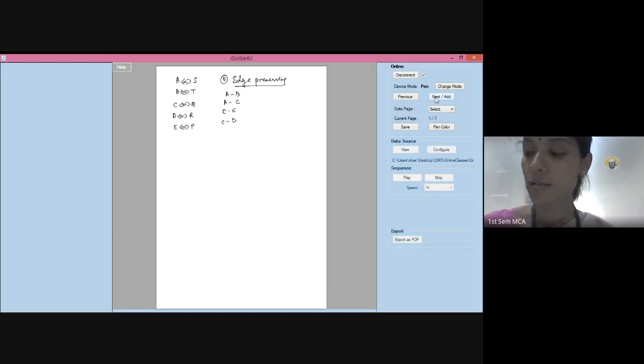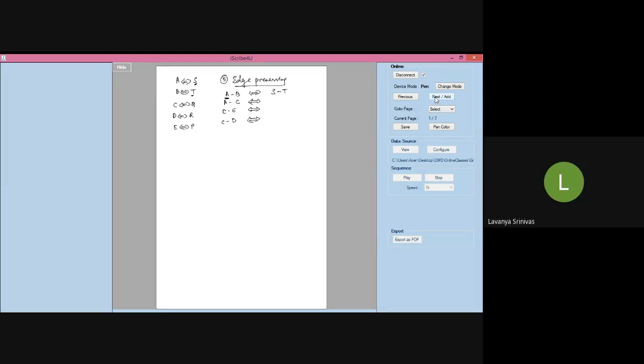What are the equivalent edges in G2? That is what we have to see. A to B. What is an edge which is equivalent to A to B? Now, how to find out that? What is a vertex equivalent to A? It is S. So, S, B, it is T. So, an edge which is equivalent to AB is the edge which is ST. Are you following? Yes. If you're not following, we'll take up one more problem.